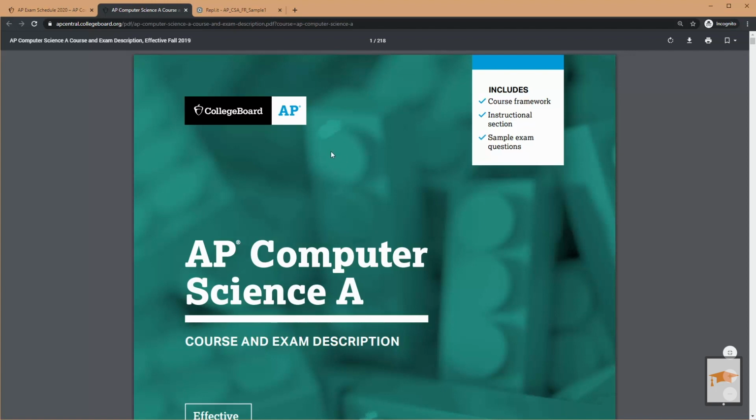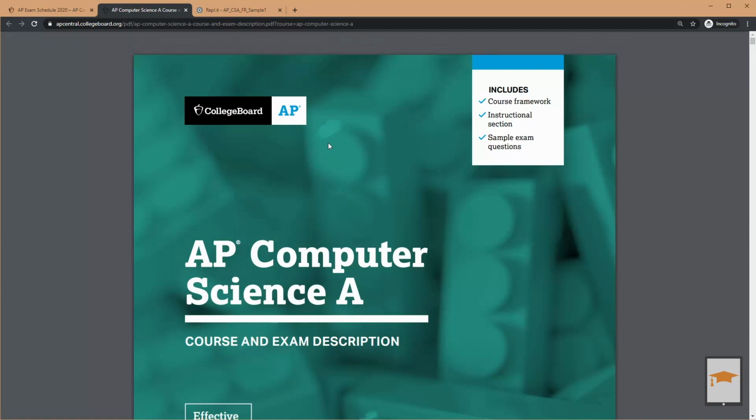It tells you pretty much everything you need to know about the content of the exam and does give you some sample questions. It does have multiple choice questions, which are not going to be a part of this year's exam. But they are also including 2 free response questions, and those are the ones that we want to take